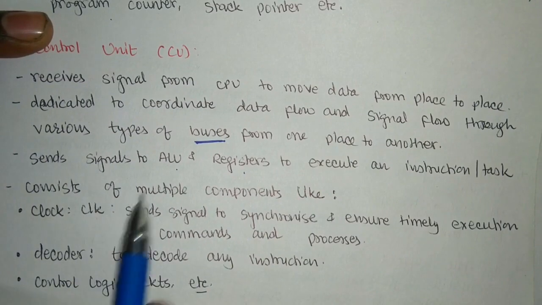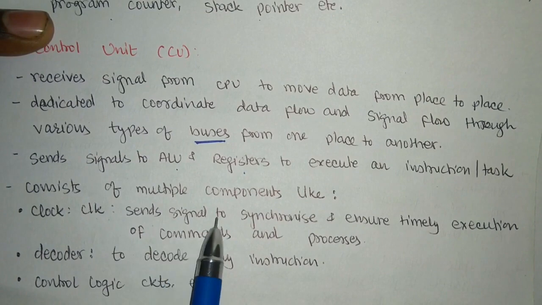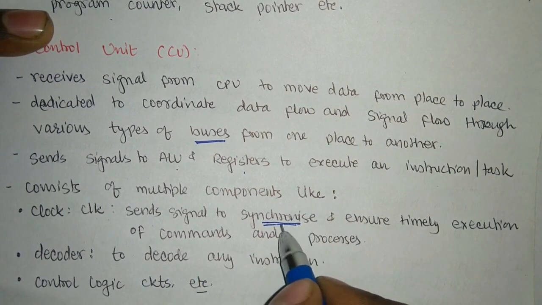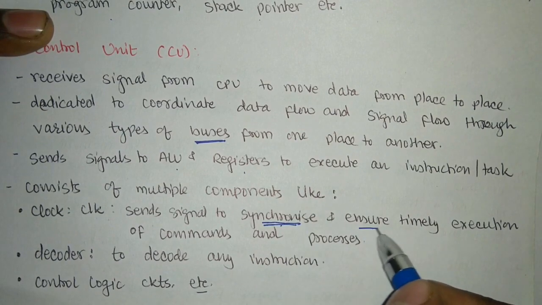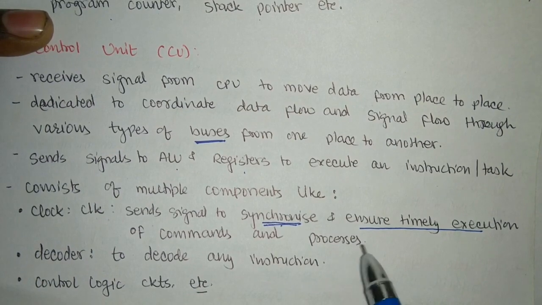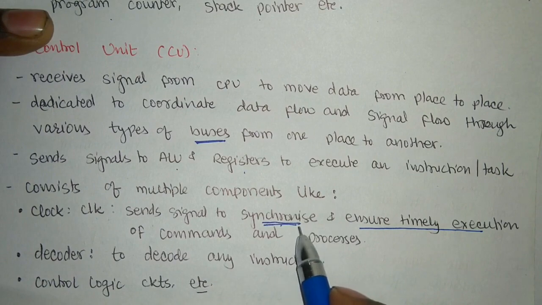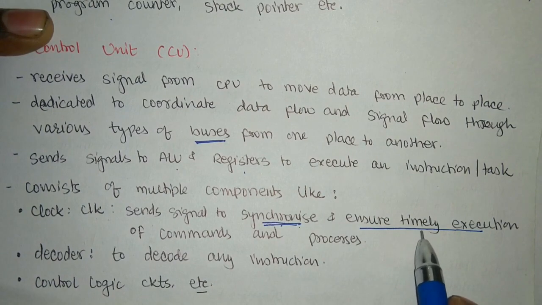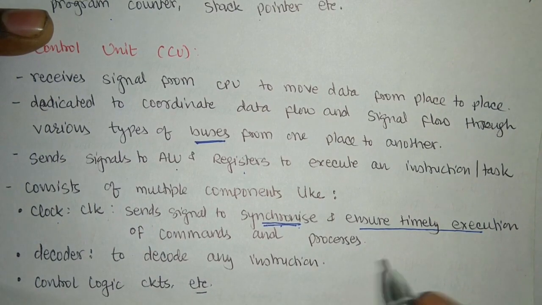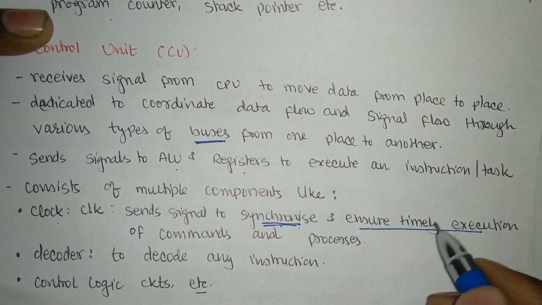So the clock, as we discussed in our previous video also, will be basically sending signals to synchronize. There are two functions of the clock here. One is to synchronize and another is to ensure timely execution of commands and processes. So whatever instructions we need to follow, in order to synchronize them with each other and in order to ensure their timely execution, we use the clock here. Okay, and it basically specifies our speed, the number of instructions that can be carried out per second by